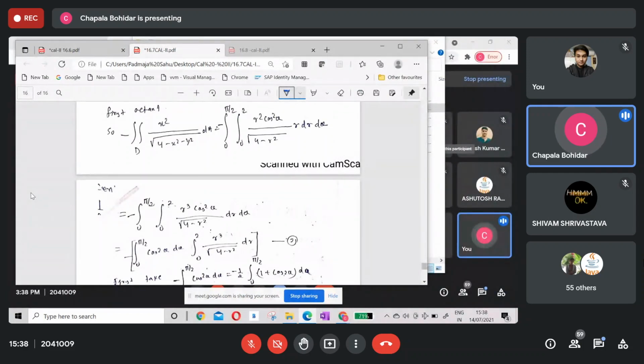If a function x, y, z is given, write it down in the parametric form where the values of u, v are given to you. That is, x is equal to an expression in terms of u, v, y is equal to an expression in terms of u, v, and z is equal to an expression in terms of u, v. If it is given to you, that is one type of such question you may have.